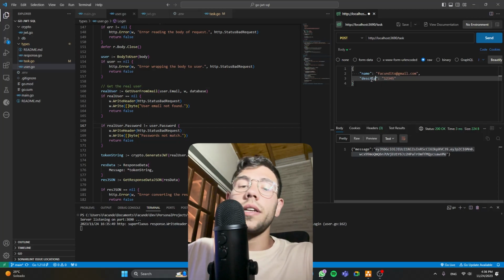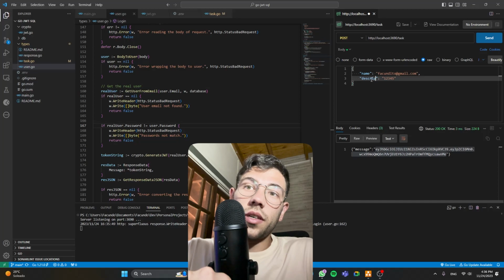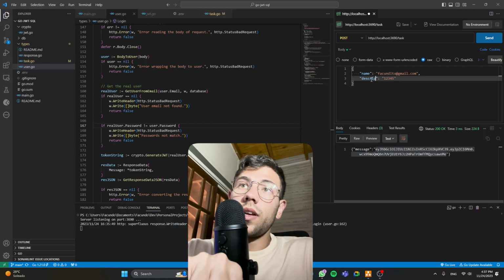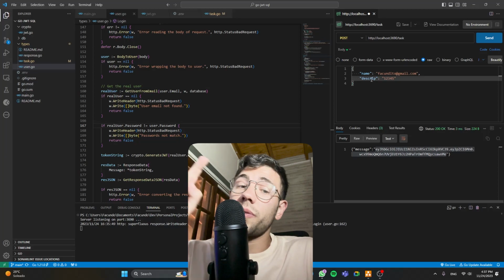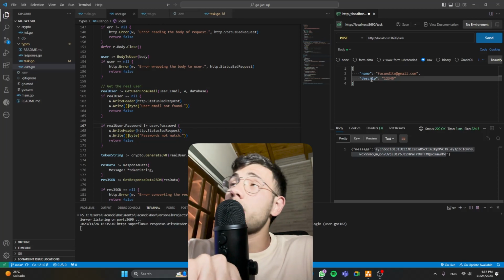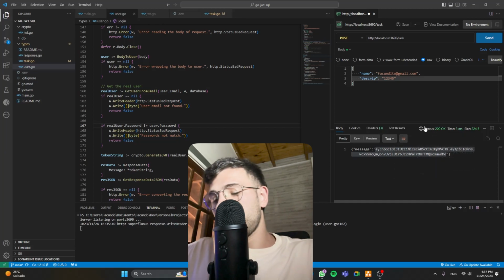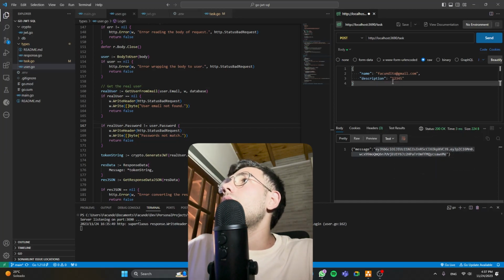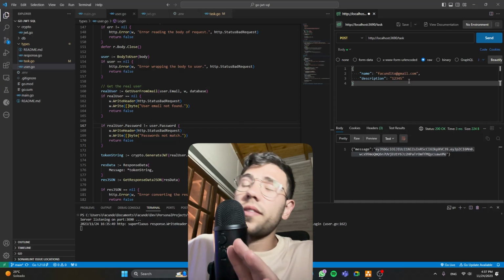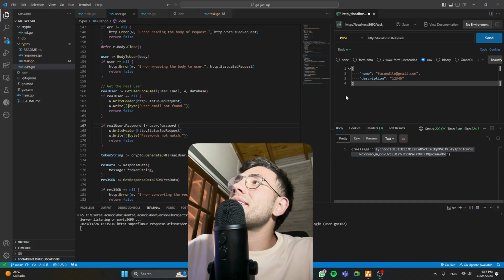We don't need any other value because the ID of the task is auto increment by default in our database, and the server will get the owner ID of this task using the JWT token. So we just have to pass the name and description of this new task. Well, we will send this information for the new task. So I sent this information,